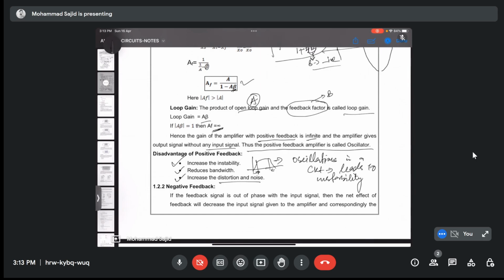Now, next thing is negative feedback. If the feedback signal is